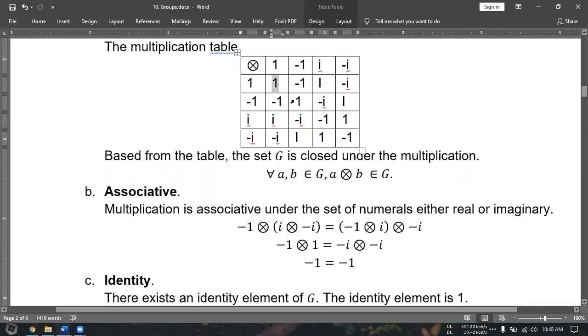I'll highlight it. This. Look at our diagonal: 1, 1, negative 1, negative 1. And with respect to this diagonal, we are symmetrical. For example, negative 1, negative i, 1, same also. Negative 1, negative i. And then we have i and i, and i. Now we have negative i. Therefore,